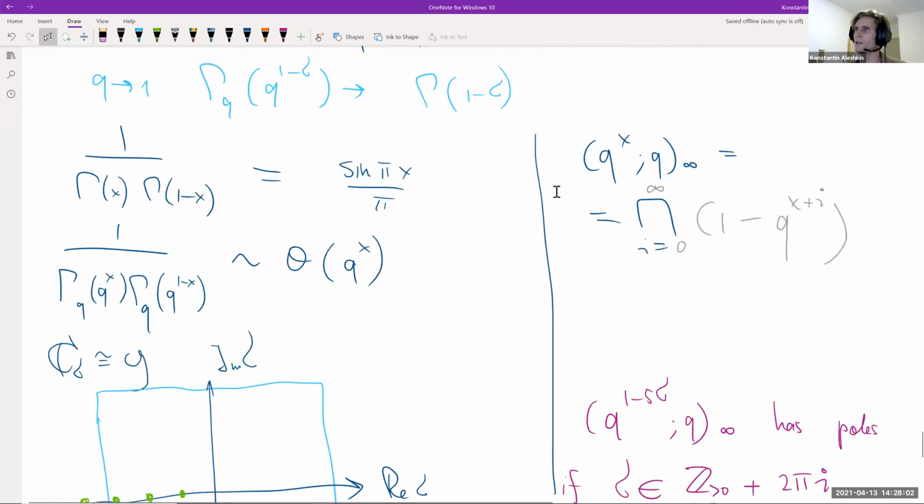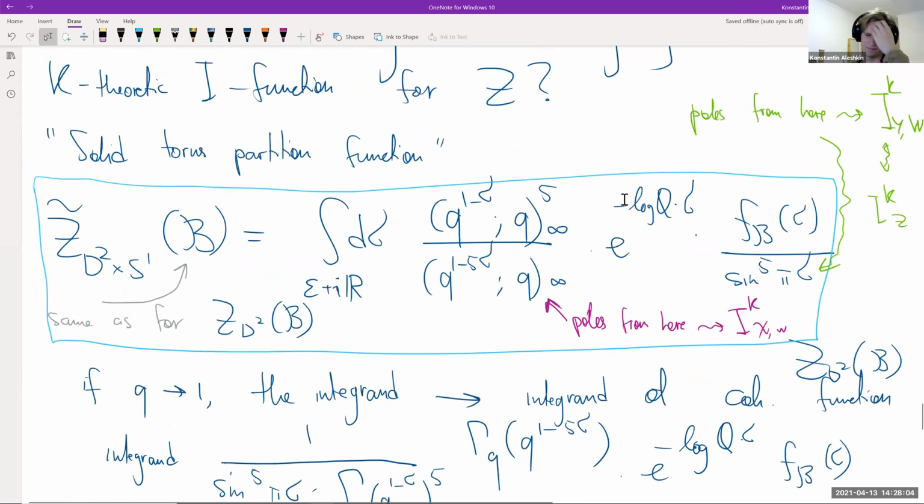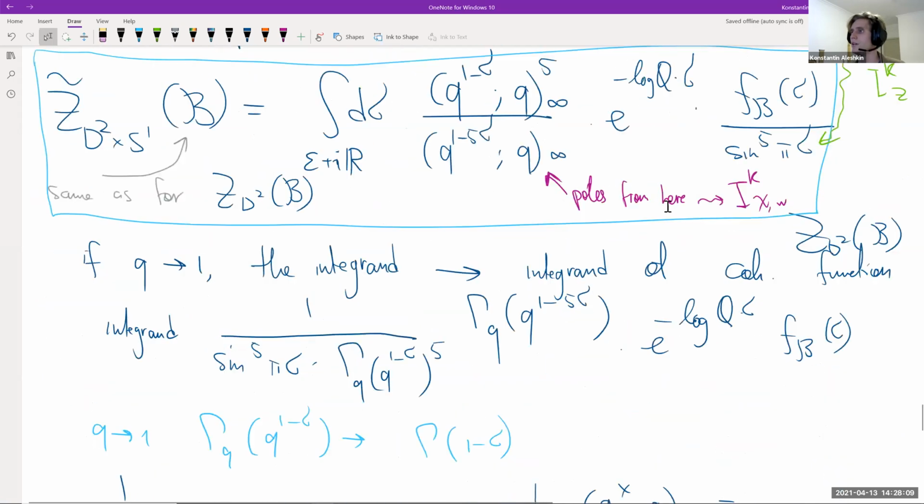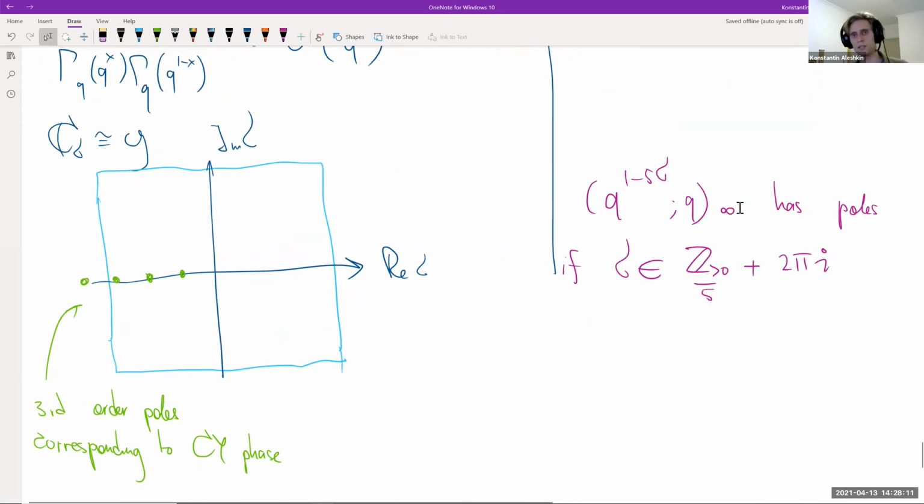Because these elliptic functions, this q-gamma function, are also periodic in the imaginary direction. So we have not a one-dimensional lattice of poles, but a two-dimensional lattice of poles corresponding to this story. So 2 pi i over 5 log q times z. So there is this two-dimensional lattice of poles, which is something that doesn't happen in